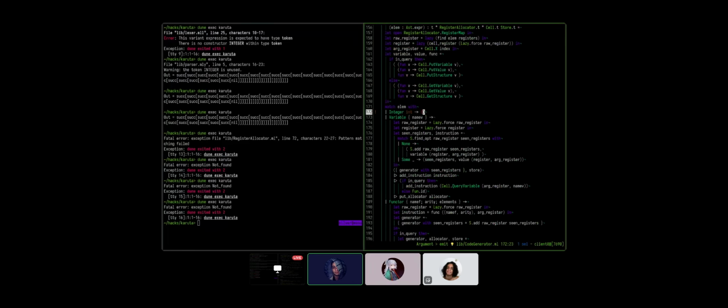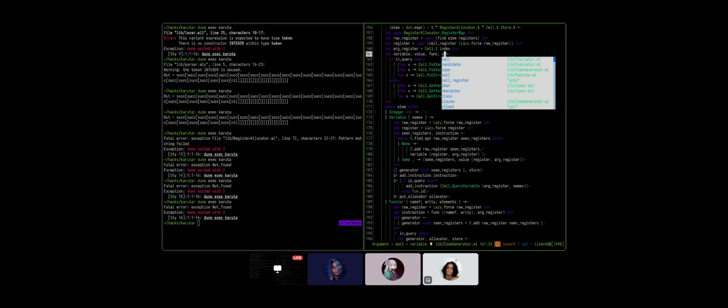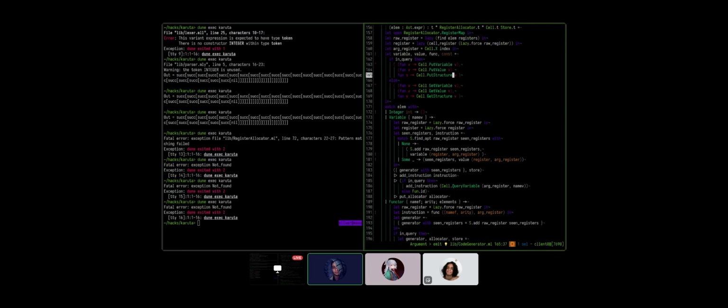It's definitely a let instruction. And then we make the put or the get or the set or the unify constant versions. Variable, value, func, const. Is const taken? Oh, it's not. That's nice.